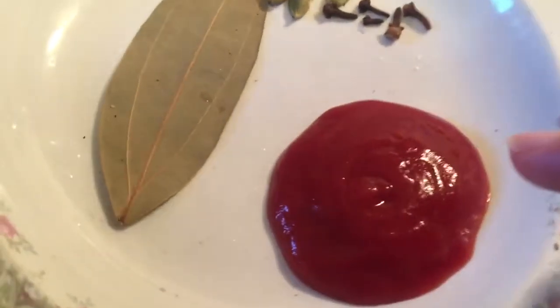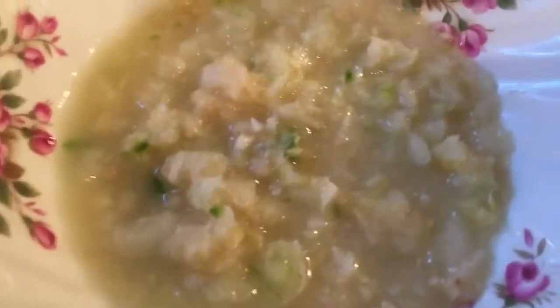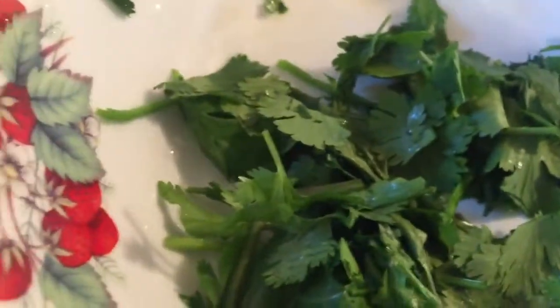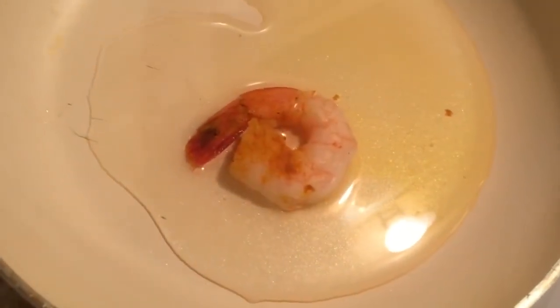I have some tomato paste, or you could use ketchup. I have some coriander leaves, and I have ginger, chili, and garlic paste, and I also have some onion paste. So let's get started. And I forgot, I also have coconut milk. So let's get started, and what we will do is we will very lightly fry the shrimp. And I forgot to mention I have some vegetarian